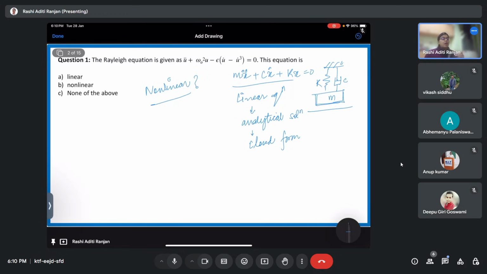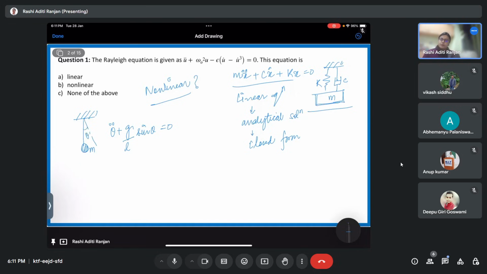But when I talk about a nonlinear equation, it becomes difficult. Let us take the example of a simple pendulum, which we have been studying for a very long time. There is a small bob of mass m, and then there is this thread which is inextensible, correct? If you remember, the equation of motion is theta double dot plus g by L sine theta equals 0, correct? Where theta is the